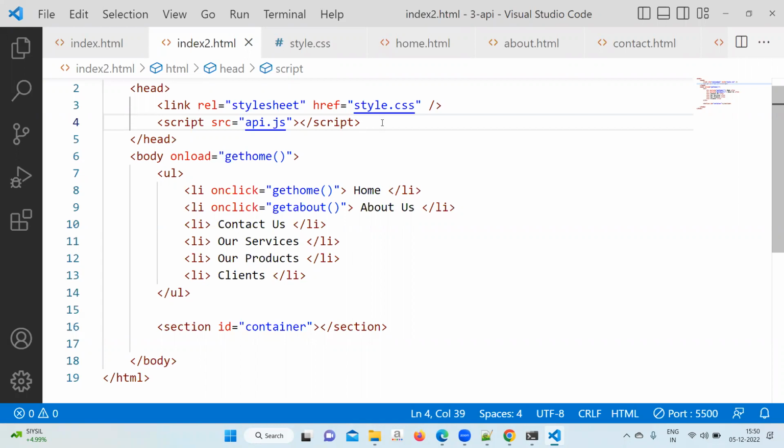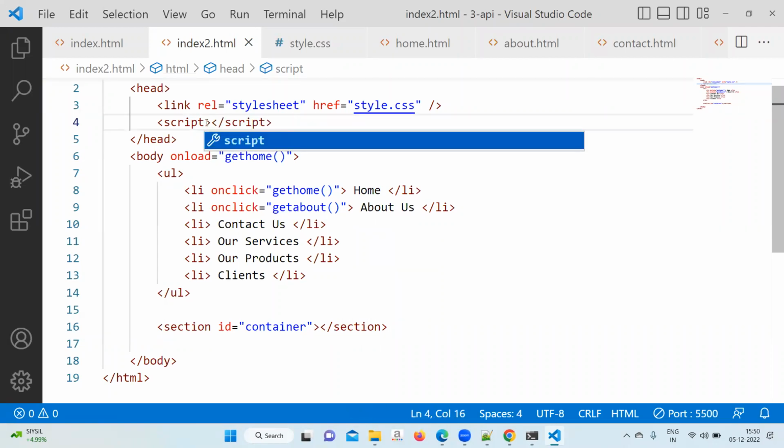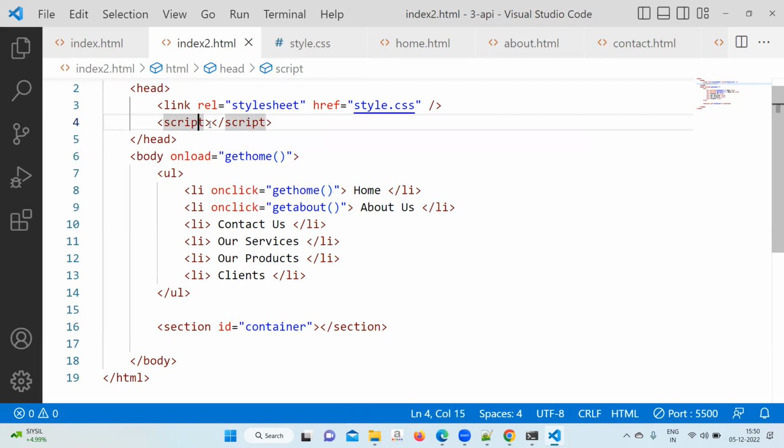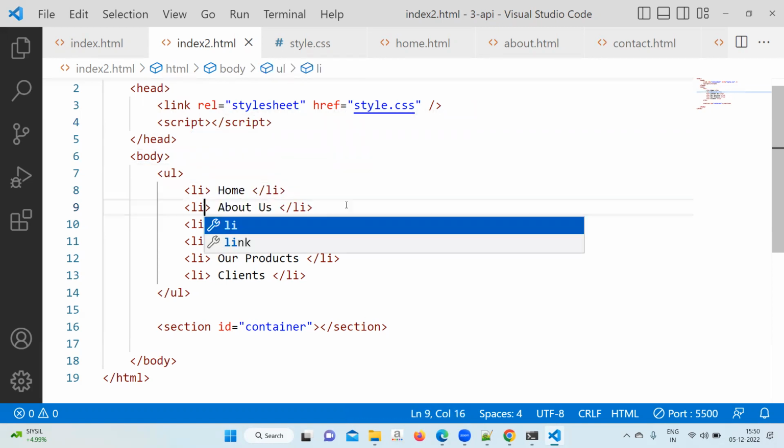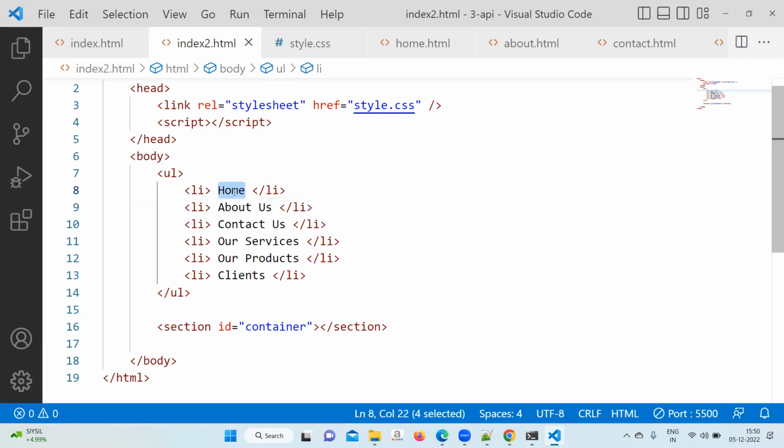Okay, done. Then after this, we will not call any function in another separate file; we will open and close a script tag. We'll write all JavaScript code in the same file today. Get home, you remove from here. On click and all, we will be calling some other functions. You will write here call